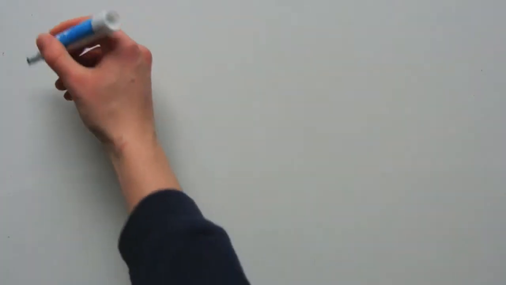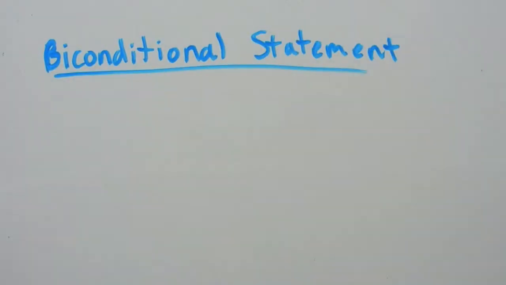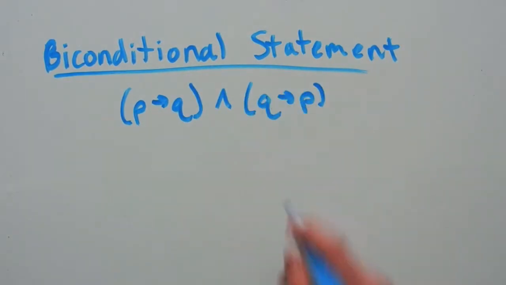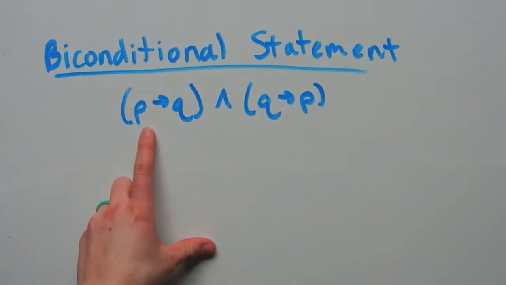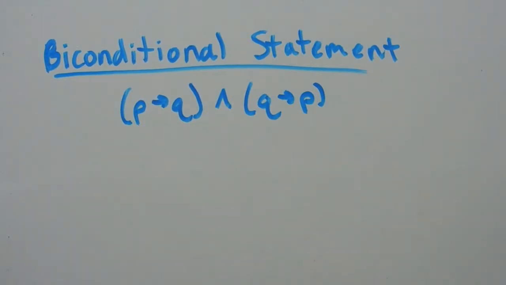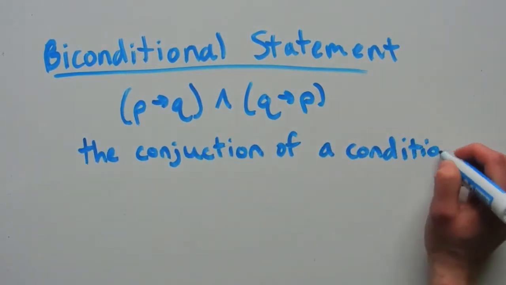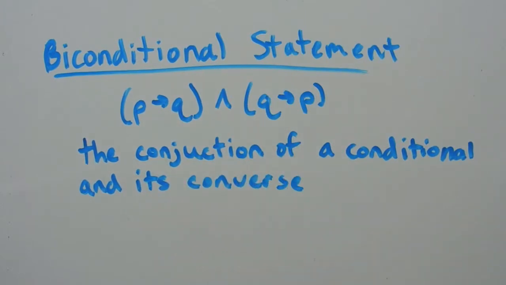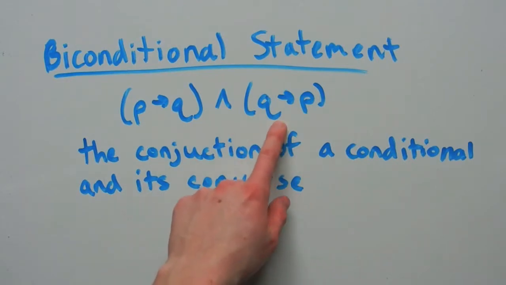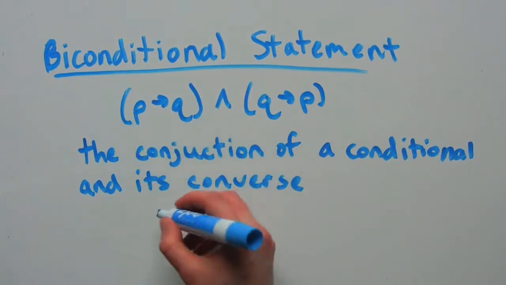Last statements we're going to go over is a biconditional statement. In a biconditional statement, there's P implies Q and Q implies P. If you notice, this is the conjunction of a conditional and its converse. In symbols, a simpler way to write this is P